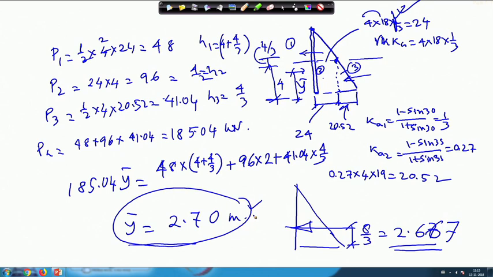So, this is how to proceed. You have to draw the pressure diagram one by one, and then finally divide it into parts so that you know the area. If I take this area like this, it is somewhat irregular and difficult to find the area and point of CG. Instead, I can divide it into this part, this part, and another part. All three parts consist of triangles and rectangles, for which the CG is known, and then step by step I can calculate the point of application.